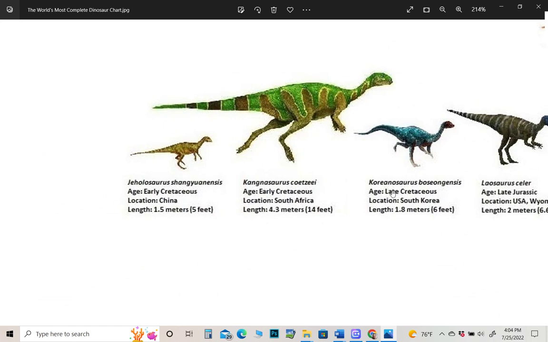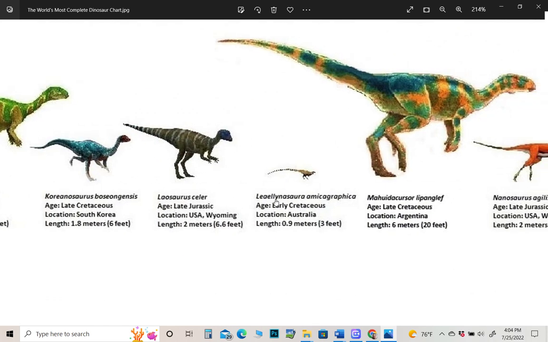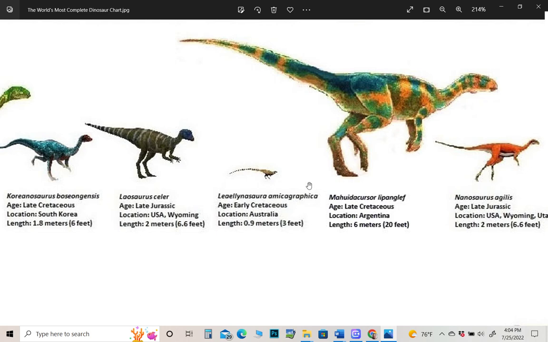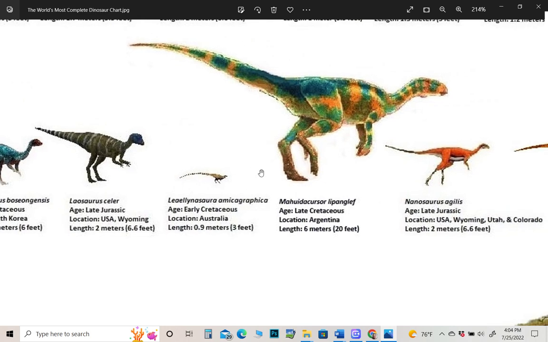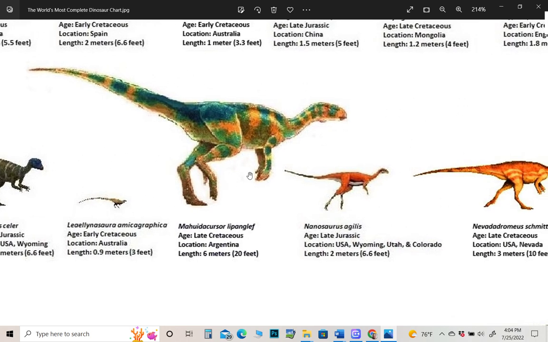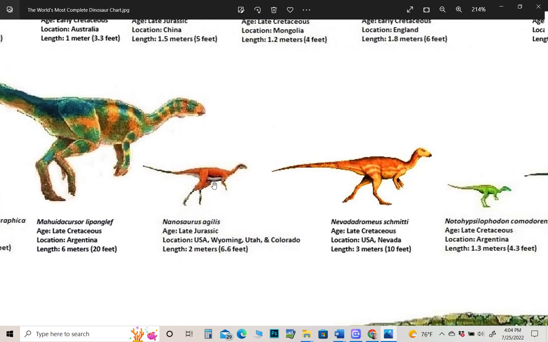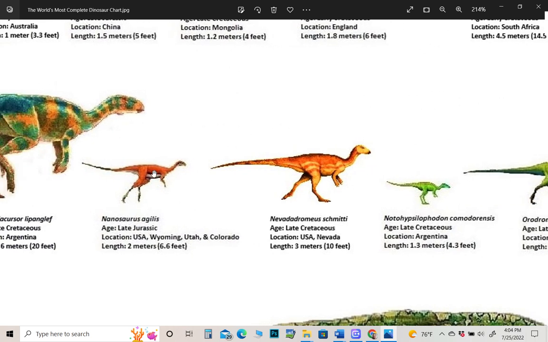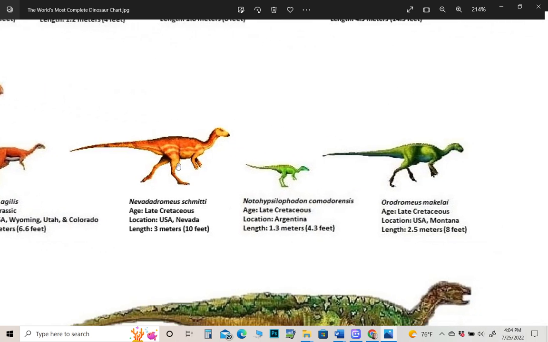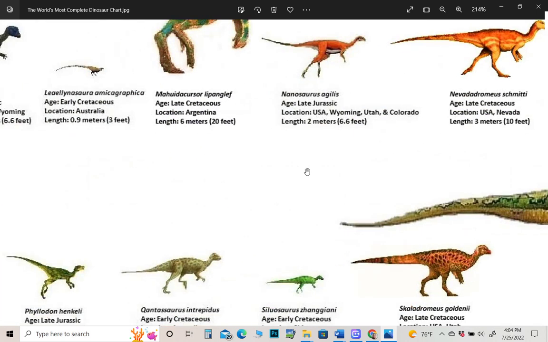Joholosaurus, Kangnosaurus, Corianosaurus, Lausaurus, Leonellisaura, it's from Australia with the unusually, proportionally long tail. Mawadi cursor, Nanosaurus, which used to be Othnielia and also a drinker, but it's now converted just to Nanosaurus. That was in the Jurassic Park novel, by the way. Nevadodromius, Nautohypsilophodon, Orodromius,